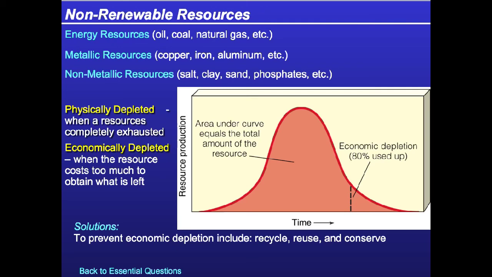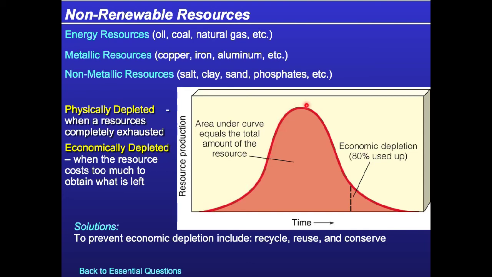So here we're going to take a closer look at non-renewable resources. Non-renewable energy resources include fossil fuels; metallic resources include copper, iron, and aluminum; and non-metallic examples include sand, clay, phosphates, and different types of materials. Looking at this graph, we can see resource production, which means we're extracting it and turning it into something. Over time, it